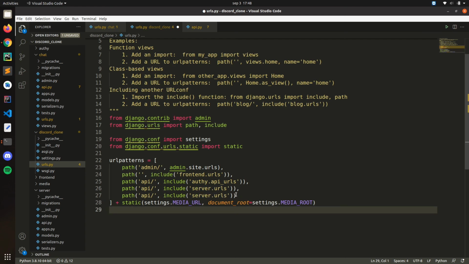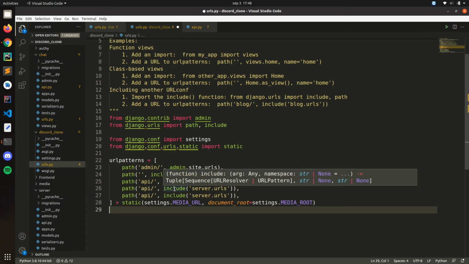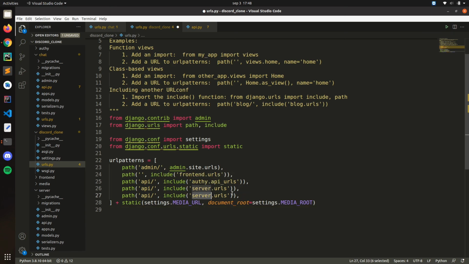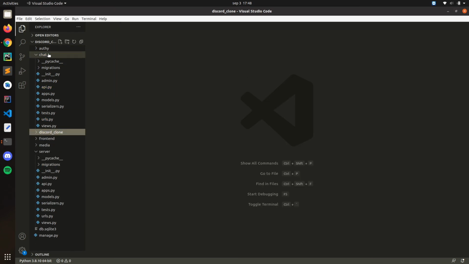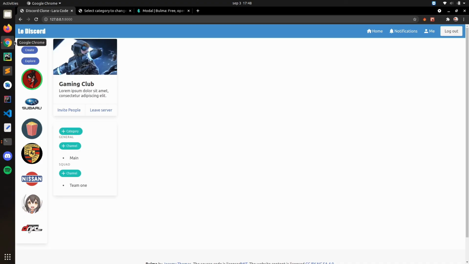Paste it here. So we include the chat URLs, basically chat URLs, and yeah, that's it. Let's save that. Let's see if it's not broken. Okay, it's not broken. Okay, so we created basically the backend just for the chat, and in the next video